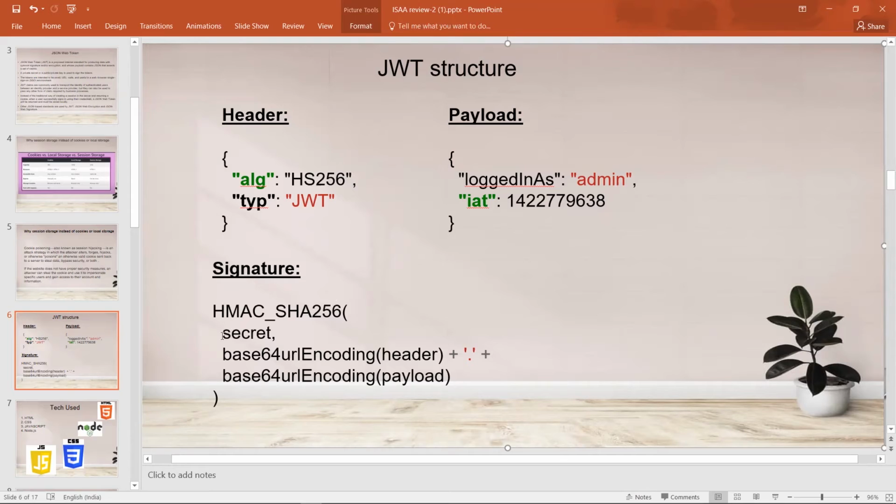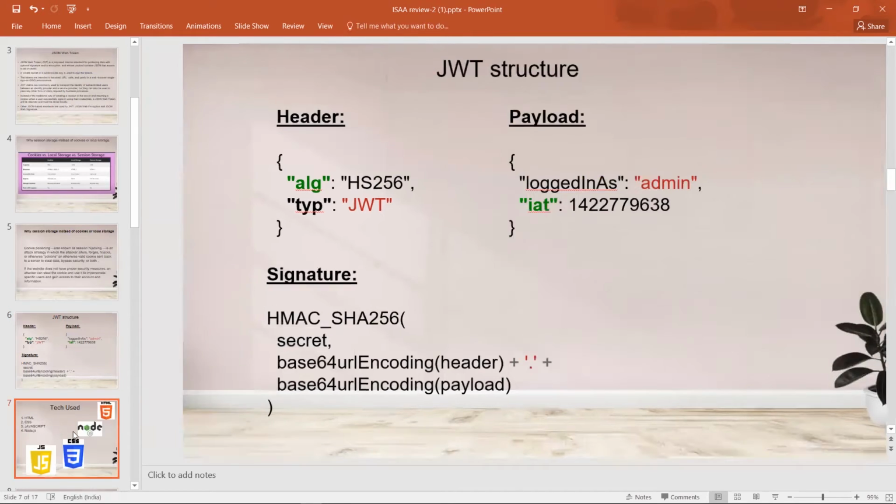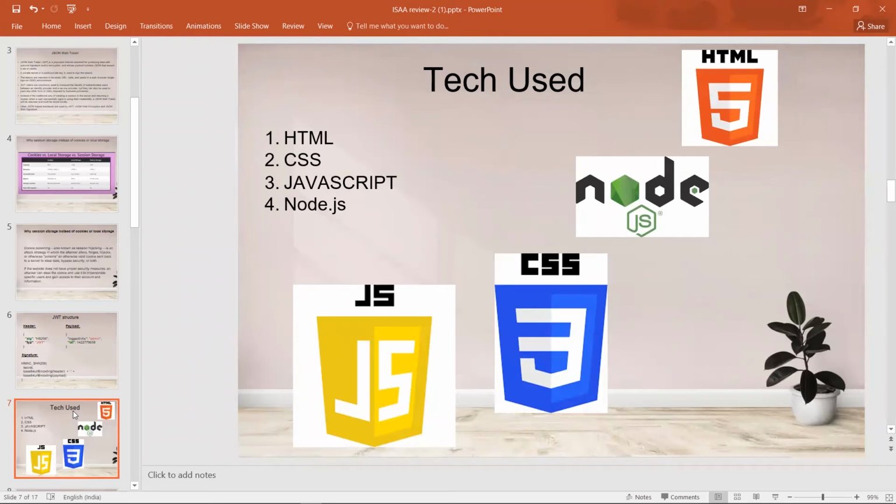The signature has a secret which is stored in our backend, over the base64 URL encoding of the header plus payload. So without knowing the secret, this cannot be tampered with, and the JWT signature will always verify the authenticity of the JWT token.